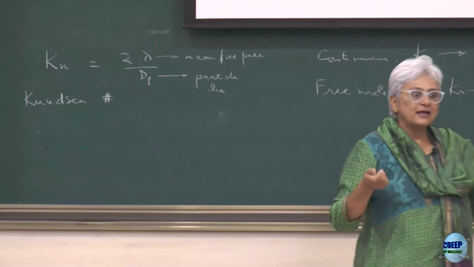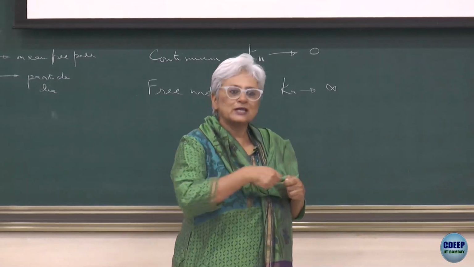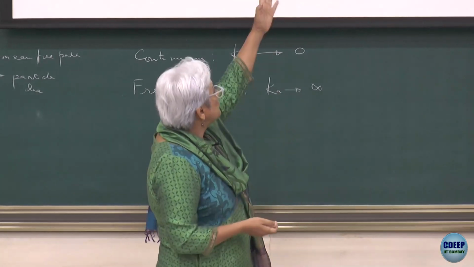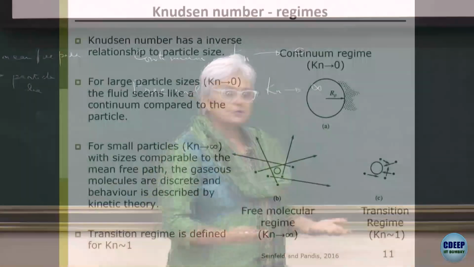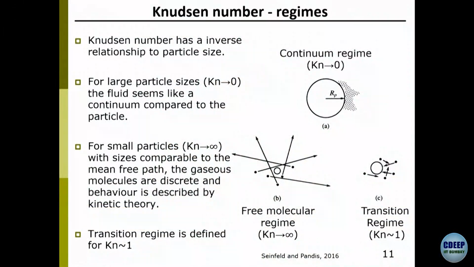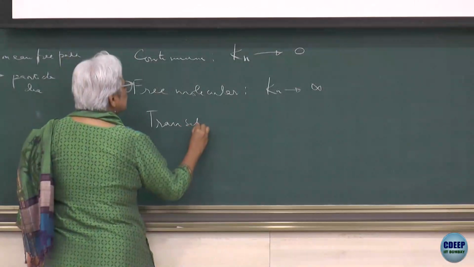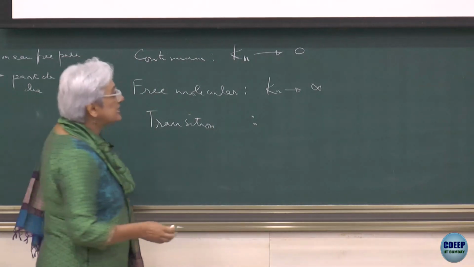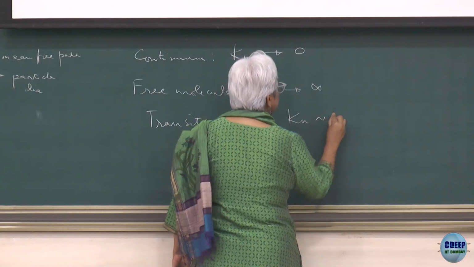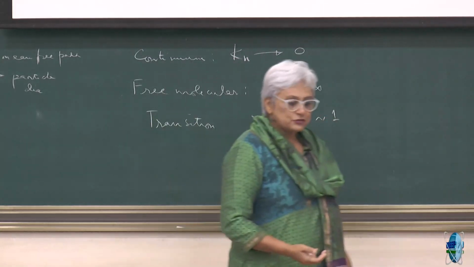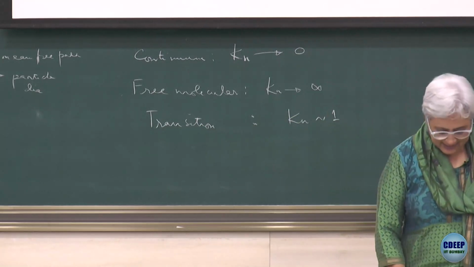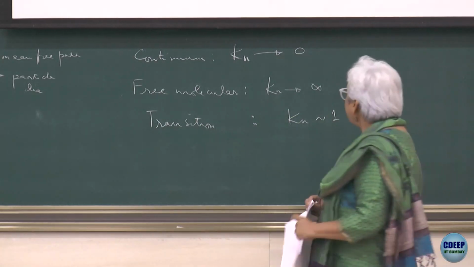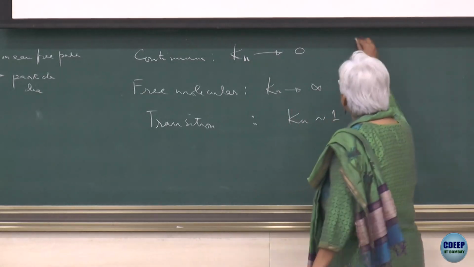Every now and then a molecule zips by, every now and then a molecule actually collides with it, right? While here in the continuum, the particle is seeing molecules all around it all the time and is getting a very high frequency of collision. And then of course we have this transition regime, and many particles fall in this kind of size range vis-a-vis the mean free path of air, and we have to describe their behavior as well, right? So this is what we have, and so now we will write for each one of these